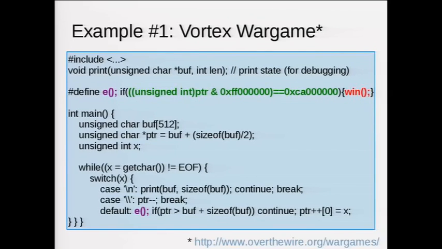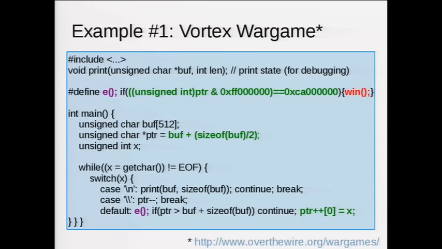And if you look at the code a little bit, we see that somehow we have to override the pointer with 0xCA, and then we'll trigger our win. So how can we trigger that? It's down at the default case in the big switch, where the input is looped through and executed. And we actually have a write vulnerability where you can write some values into memory that are protected by a guard so that we cannot write after the end of the buffer. But luckily, we can write before the buffer.